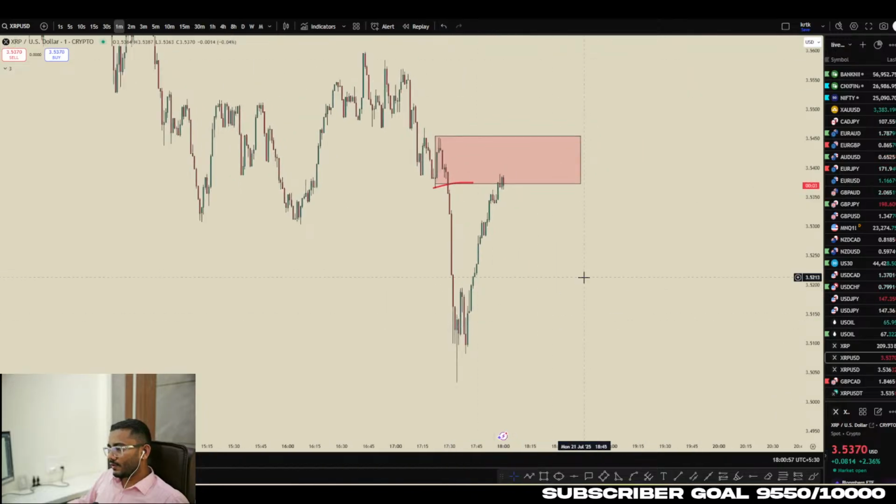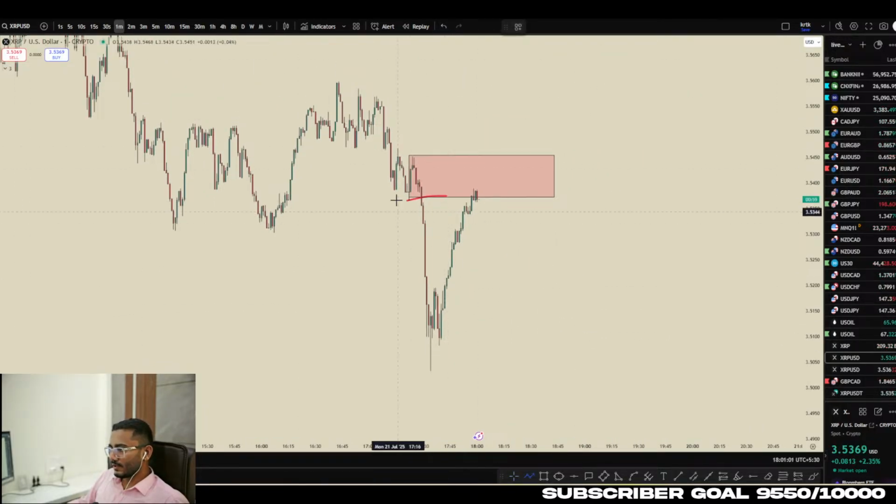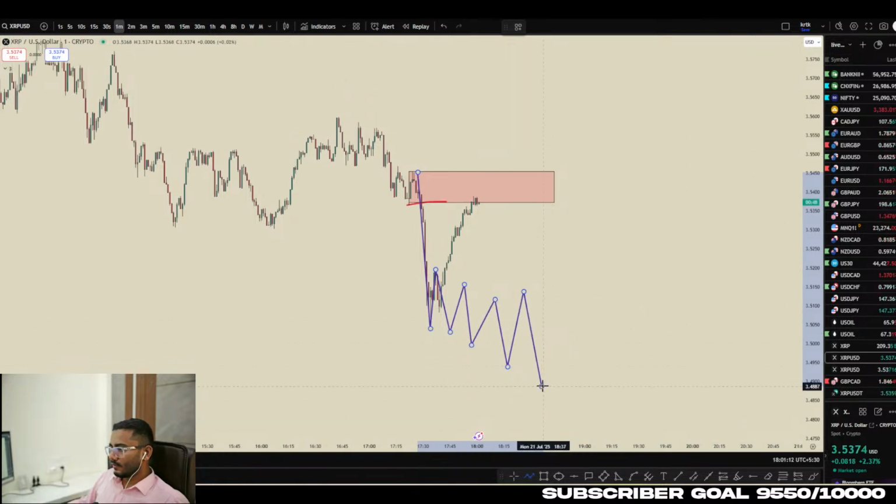But what we have to understand is, if price wants to go to the downside, it will create multiple structures. For example, this is one leg. Price will create multiple liquidity over here, and then price will shoot, and then it will go downside. But in this case,